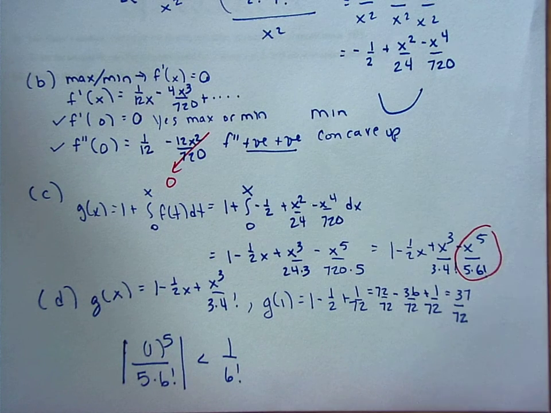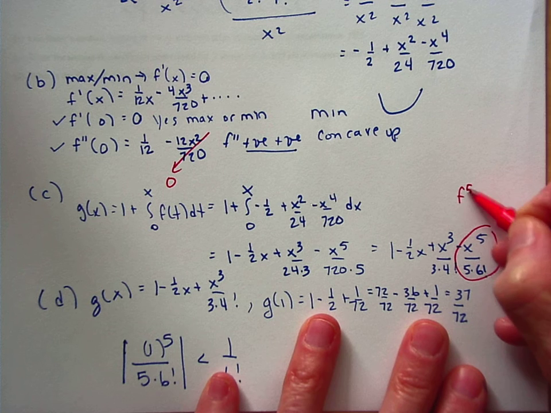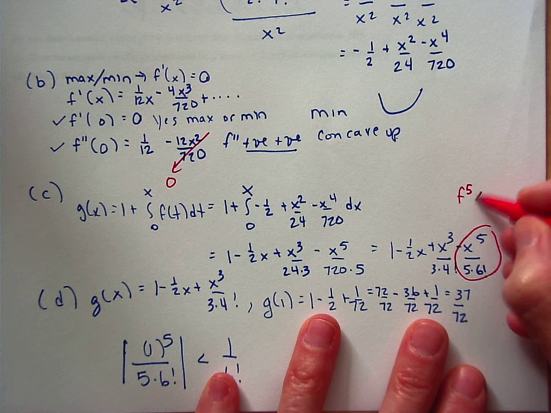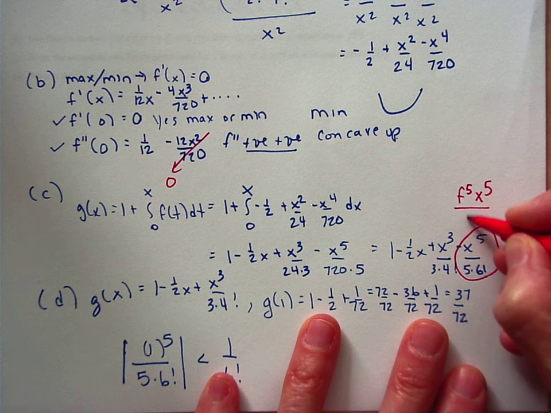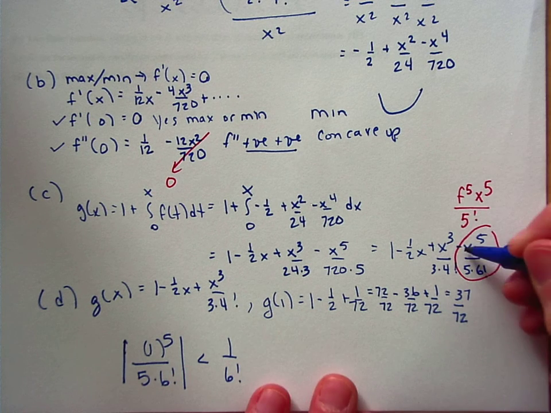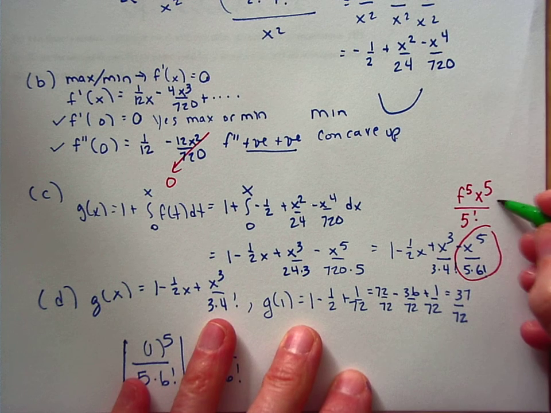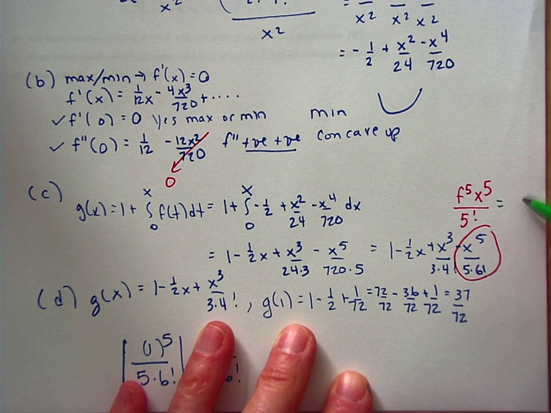Recall that this is going to be in the form of our 5th derivative, x to the 5th, all over 5 factorial. So this is going to be equal to what we have here, x to the 5th, and then there is a minus sign if you